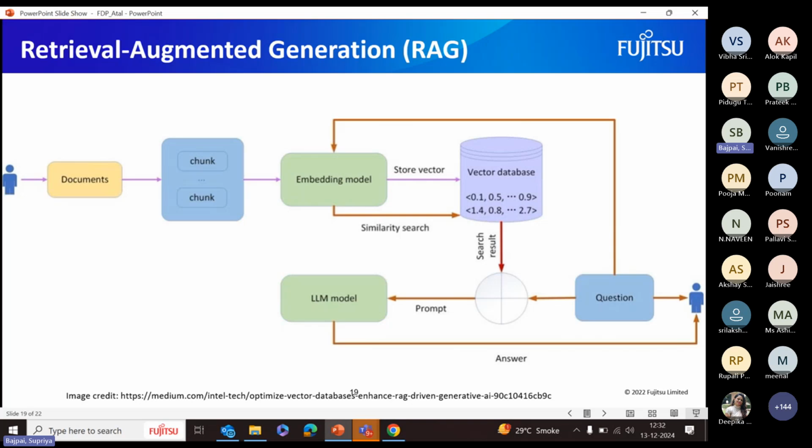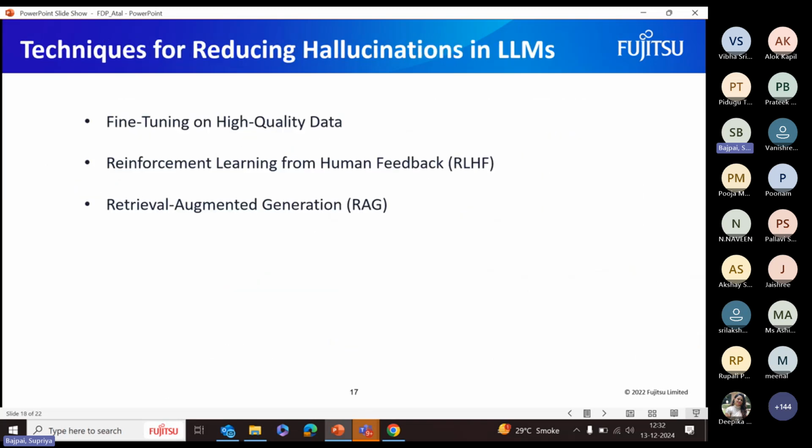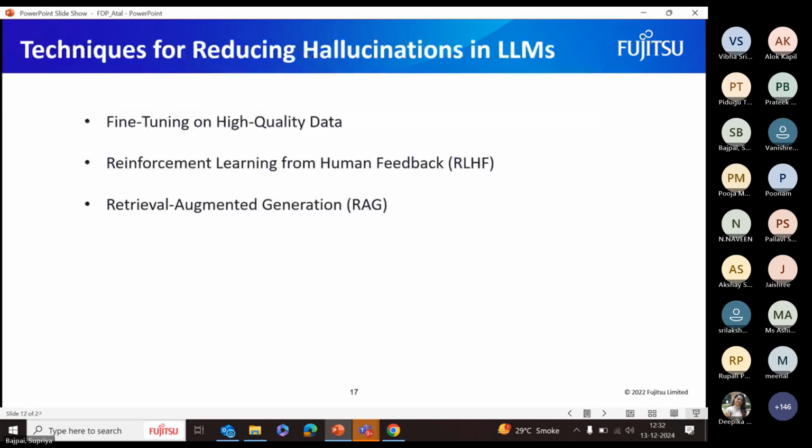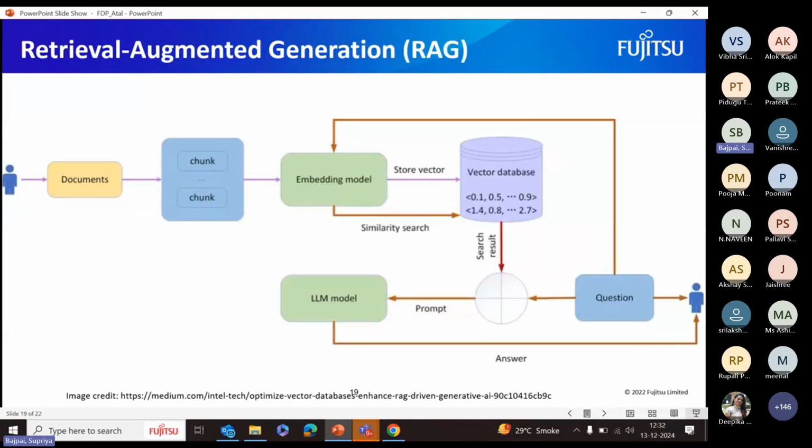So now each chunk is turned into a vector embedding. Think of it as converting the text into a mathematical expression. So the vector is a set of numbers in a high dimensional space. For example, we showed earlier in this slide. Here, suppose words like bank, river, every word is converted to some embedding in a high dimensional space, a vector of numbers, because words have no meaning. The system can only understand numbers. So this will convert into a vector of numbers in some high dimensional space.